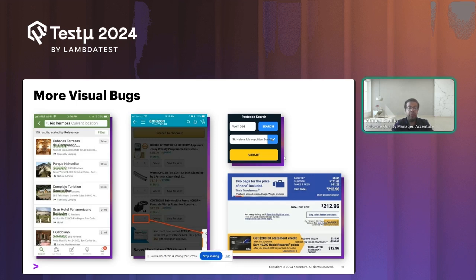If you see your image on your mobile screen and then switch to a tablet, you could see a different image. All of these visual bugs were really important to test. So it's not only the functional, but we also need to take care of all of these UI images.